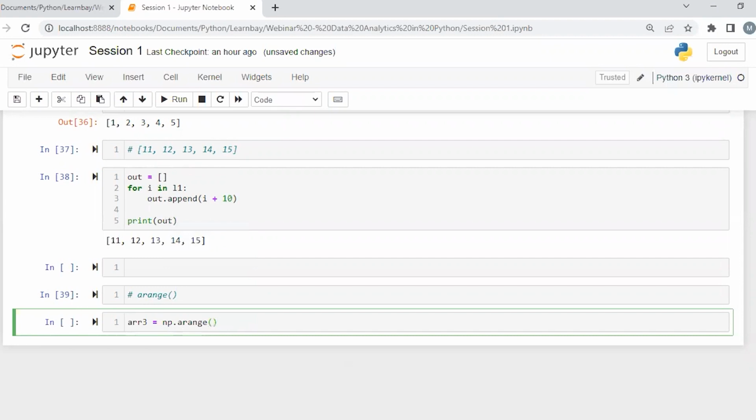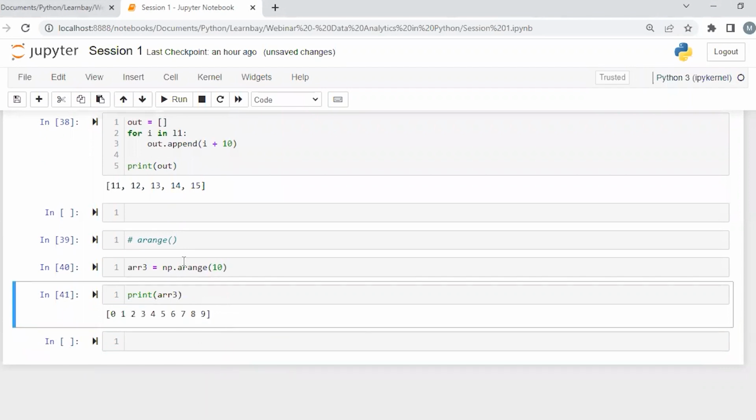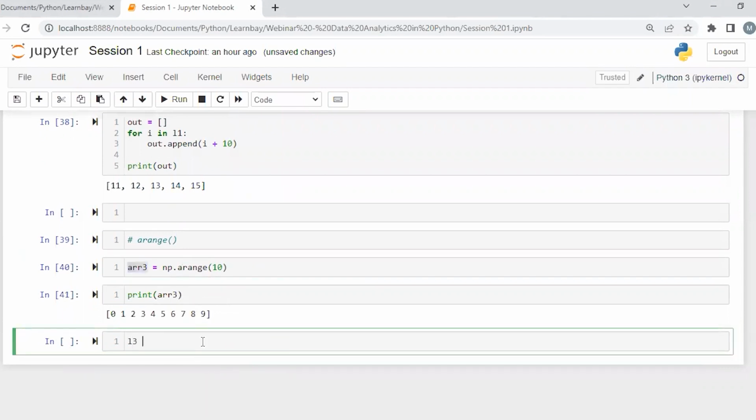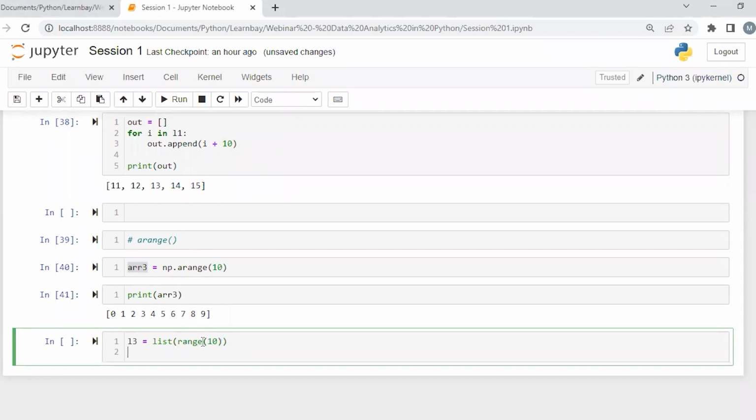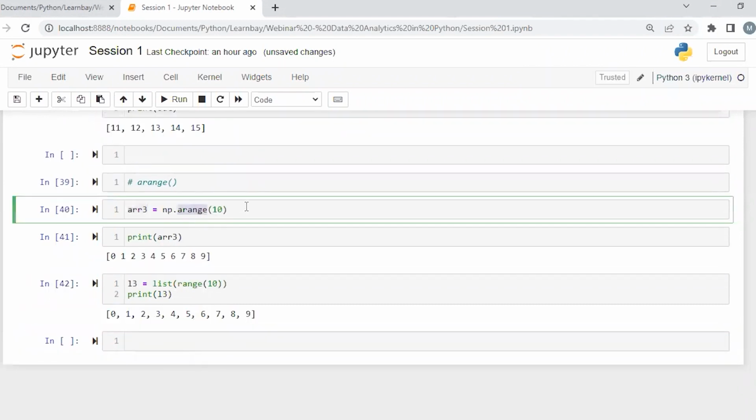Okay, and here we provide, let's say, 10. If you see here, it works similar to range, as I speak, right? So you have L3, which is equal to range 10, and if you print L3, this is basically a list of 0 to 9, right? So arange works similar to what the range function gives you. It's a basic example of that. But what the difference is here, basically,